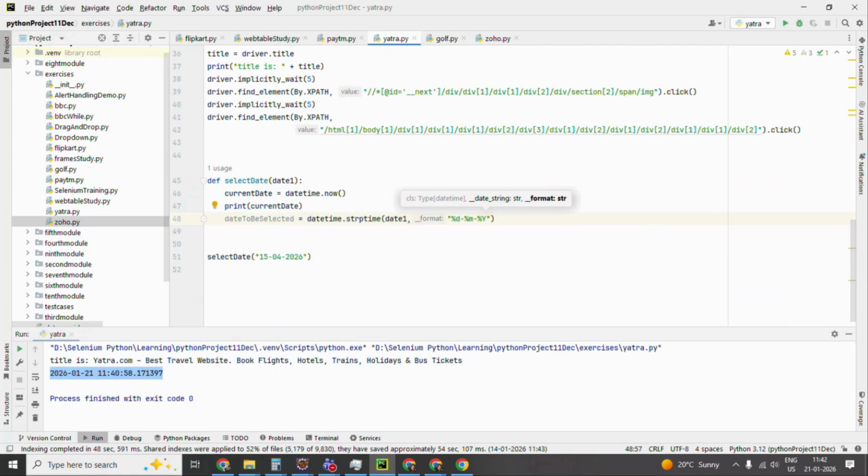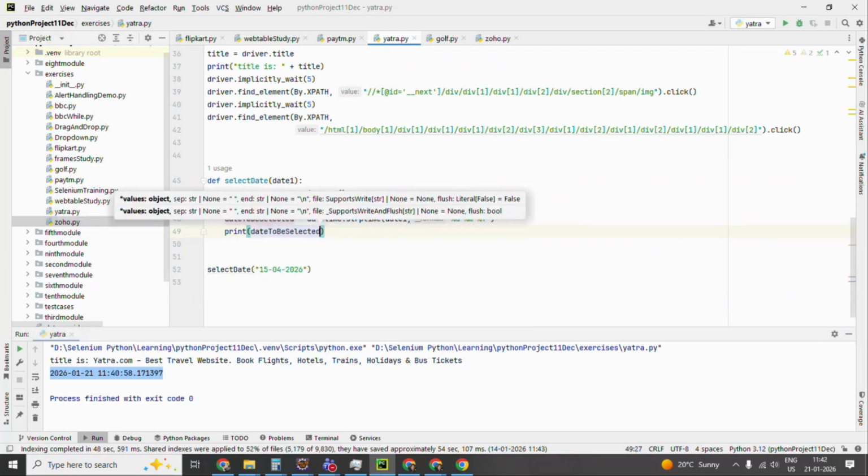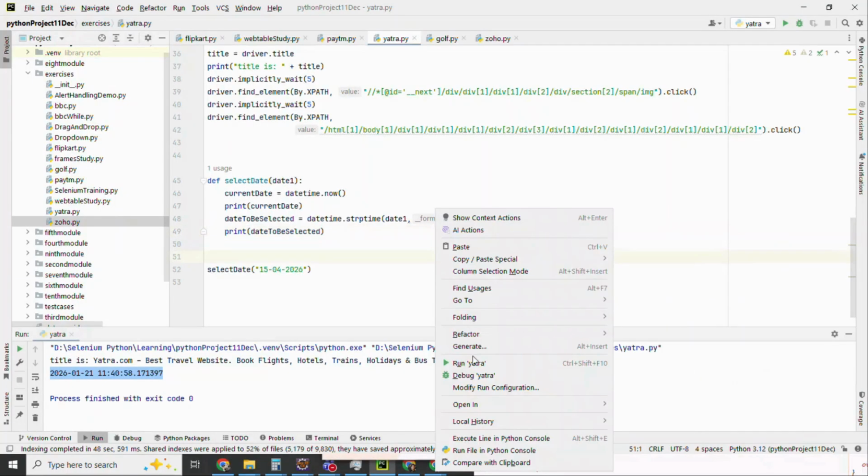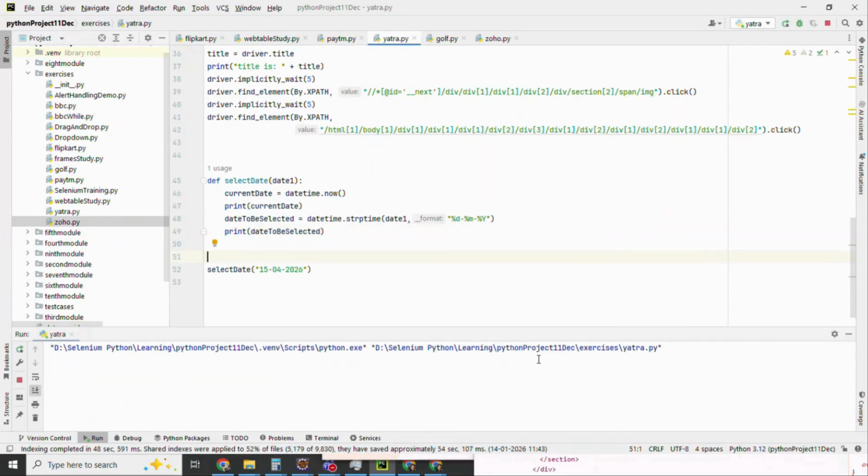So now I'm sending 15/04. Let's say first of all I just print date to be selected. Now if I run this,